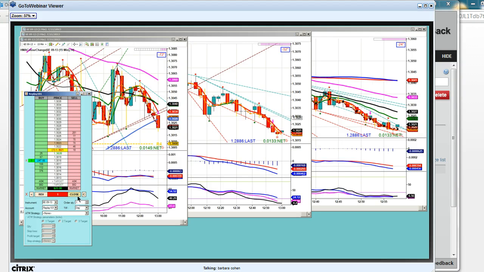Okay? Never hit the close button. If you hit the close button and you have an ATM strategy on there, you can lose 15 ticks. Now, if you have it on none, like I have as a bracket order, then it's okay. It's only if you use the ATM strategy where you have the green bar and the red bar there.